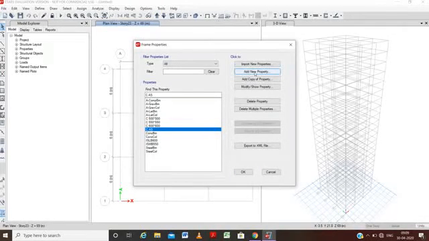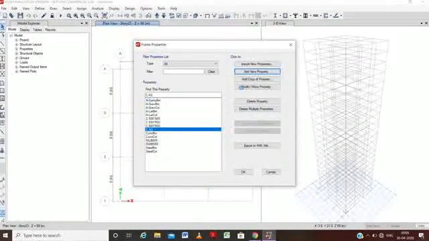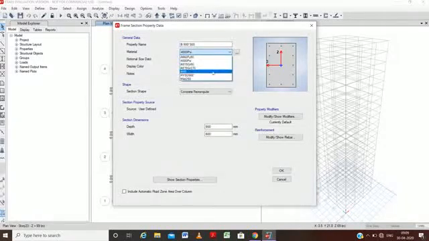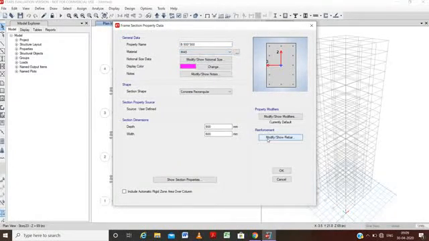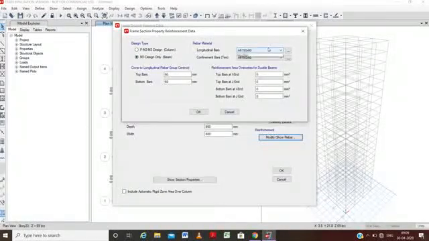Now we have to add new property for the beam. So again add new property, concrete rectangular beam. Here we write beam, and the dimension of the first beam was 500 into 300, and material M40, we have to modify the rebar option. Here we will go to on beam option.